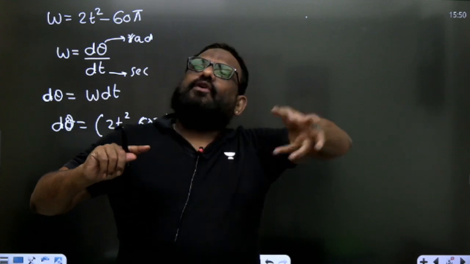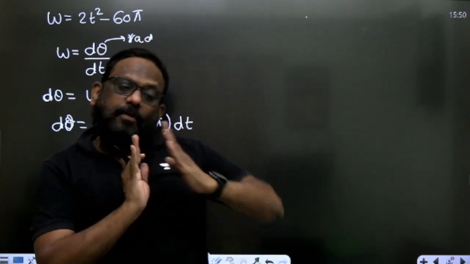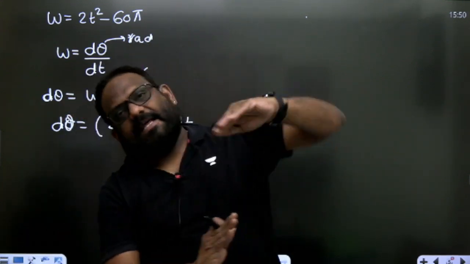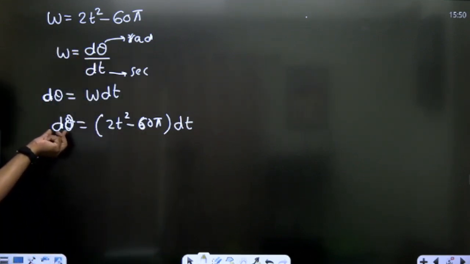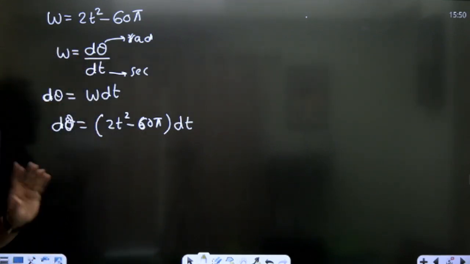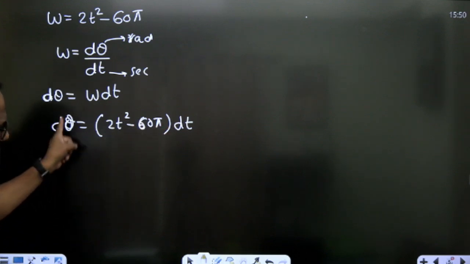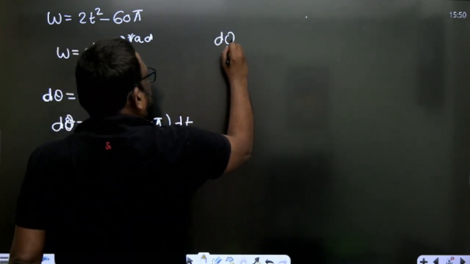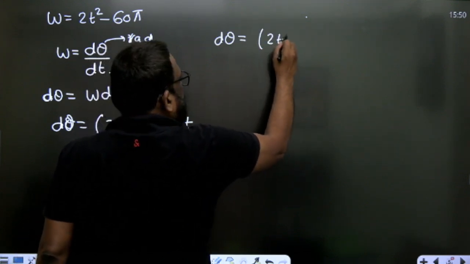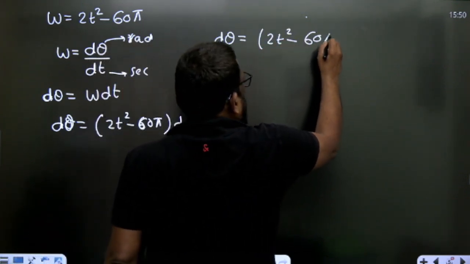9.71, because from 0 to 9.71 it is clockwise, one nature. From 9.71 to 14 it is another type. Okay. So first I'll get clockwise rotations, then I'll get anti-clockwise. इसको integrate करो. लेकिन this is the equation I am supposed to use for both. चलो. d theta is equal to 2t square minus 60 pi